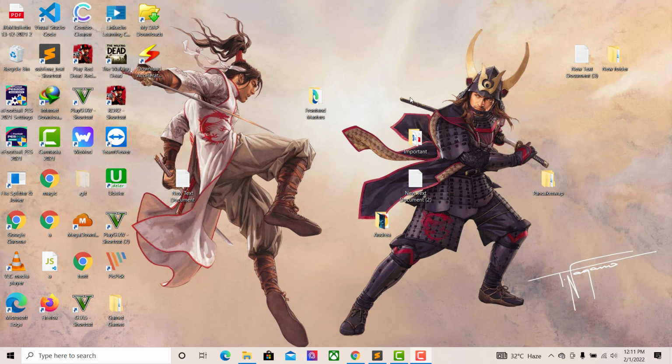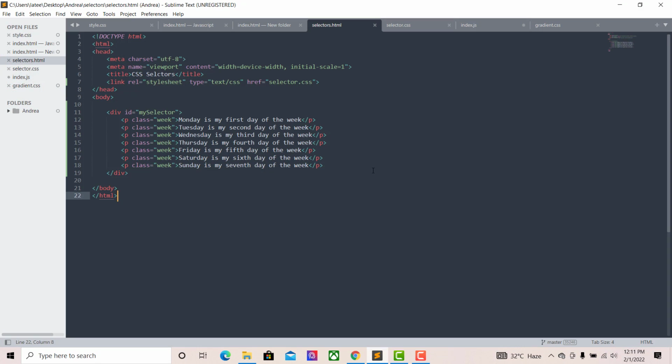Yeah, hello. So let's talk about CSS, cascading style sheets. When you look at CSS, it's based on cascade, specificity, and then there is one more thing called importance. Okay, so I have this code where you can see the div having an ID of my selector